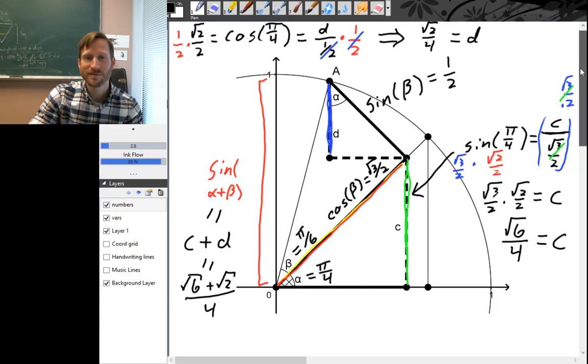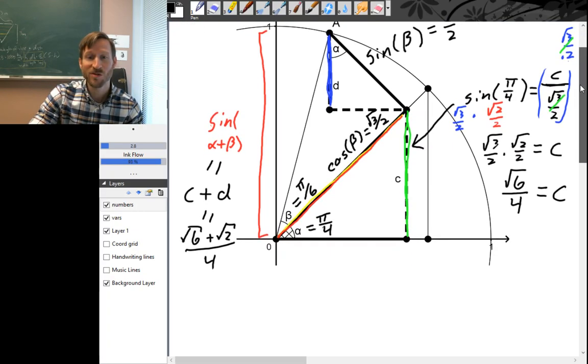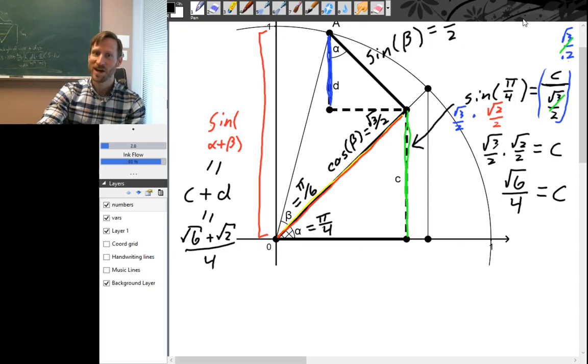Now to find the cosine of alpha plus beta, well, pause the video here to see if you can use the same idea to find the cosine of alpha plus beta. Okay, and we're back. So to find the cosine of alpha plus beta,